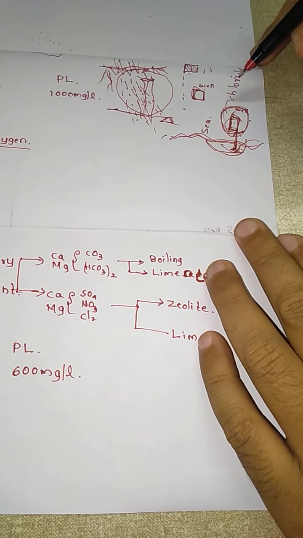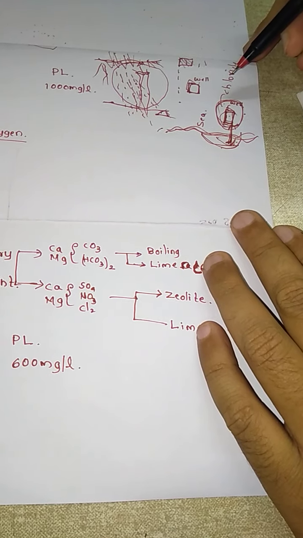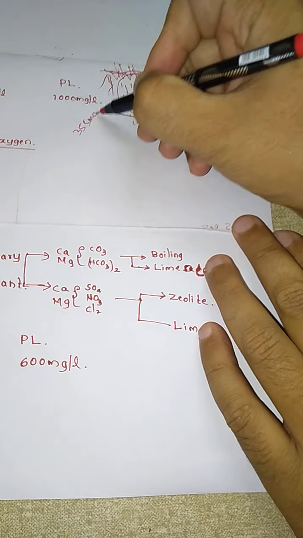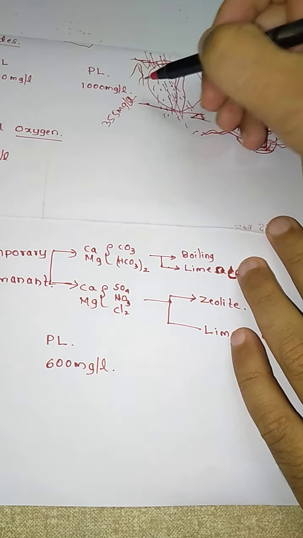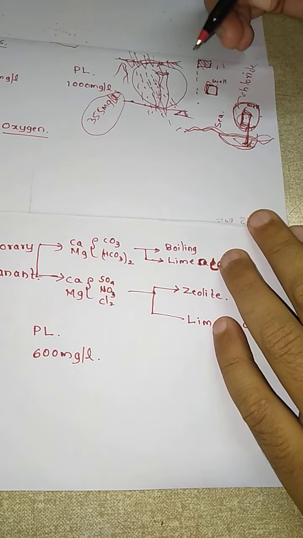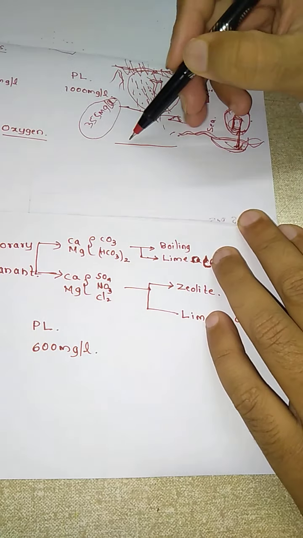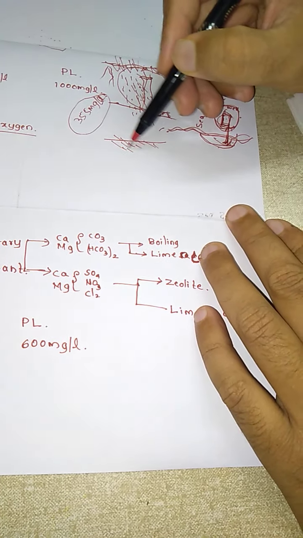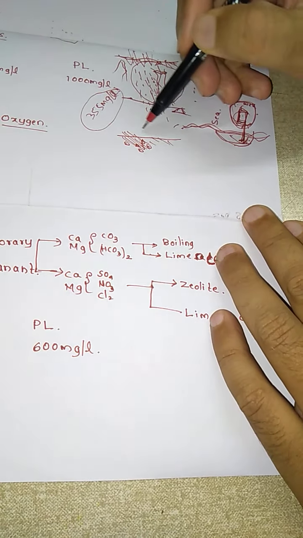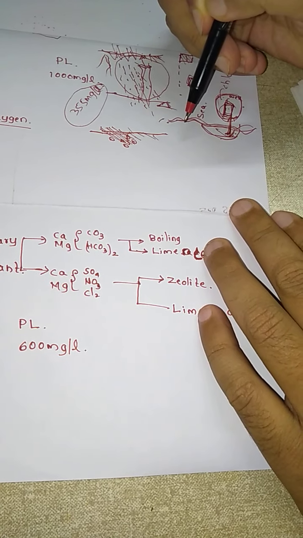Now if this chloride water is more than 355 mg per liter, we cannot use it. The IS code suggests that we cannot use water having more than 355 mg per liter chloride content for irrigation purposes, or else the soil pores will get clogged with these chloride elements, the water will not percolate, and the soil quality in that area will be affected.